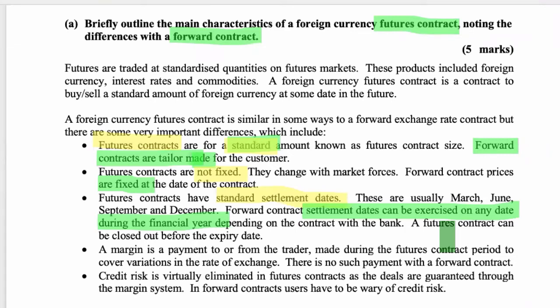Let the forward contract solve that problem. The forward contract will solve the 102 ounces of gold, and it'll solve the 19th of August settlement date in terms of the forward. So let the forward contract solve those problems. Futures markets are highly liquid as a result of that, and there's a lot of trading and a lot of market discovery in terms of the price action. Okay, let's go on. Oh yeah, this is important as well regarding the margin.